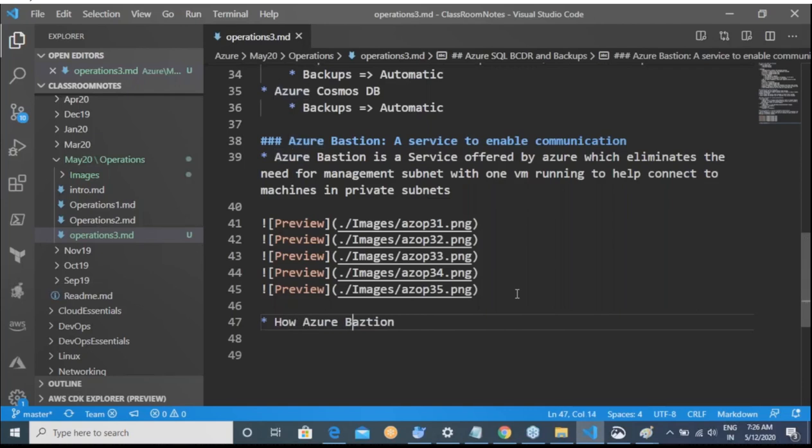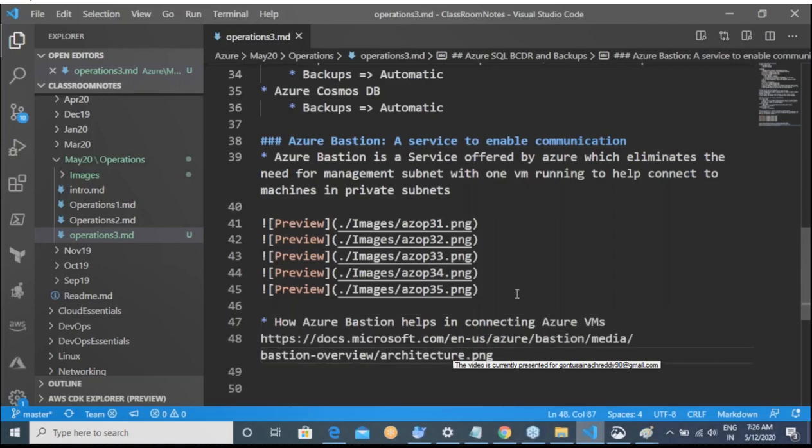Azure Bastion helps in connecting to Azure VMs. Okay.